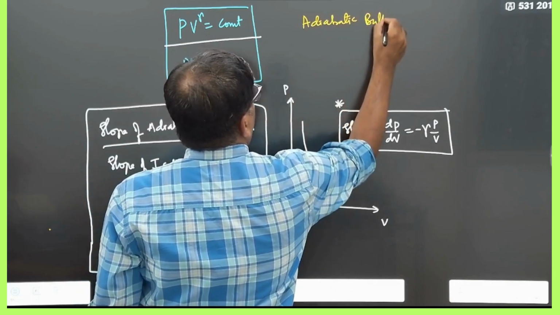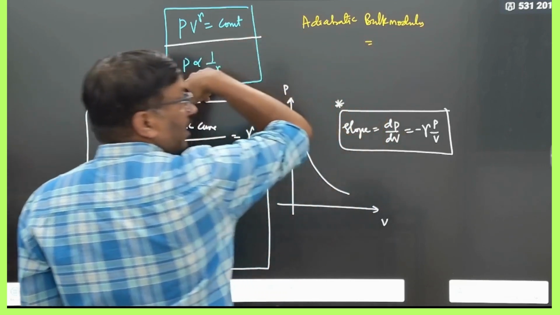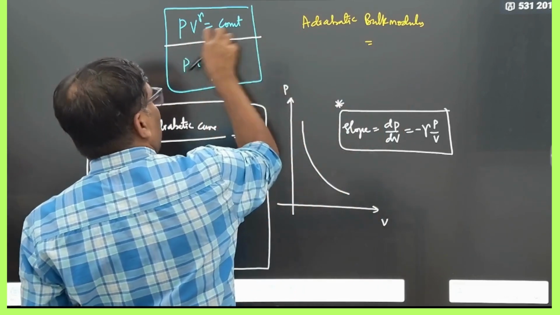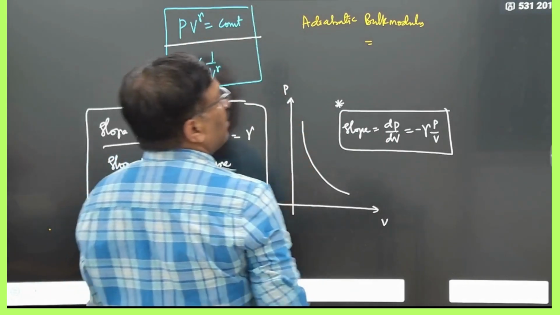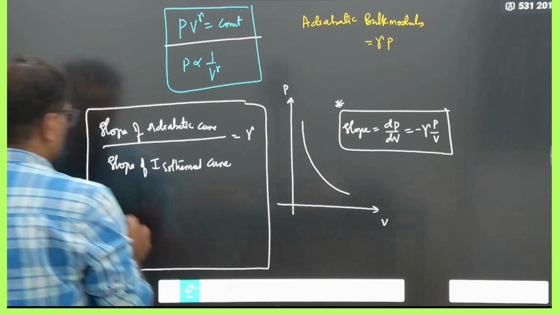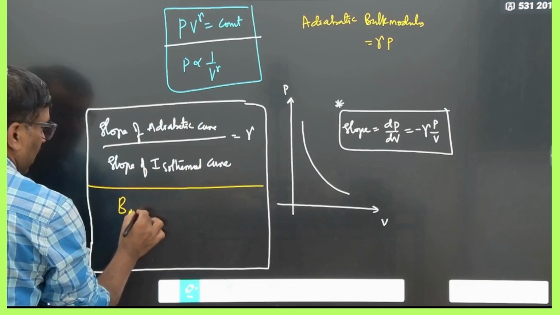bulk modulus. Just now I calculated this for the isothermal process in this video only. Please check it out. There, PV was constant. Therefore here it is PV to the power of gamma, exactly the same. Just simple mathematics, you can get it. So it is gamma into P. Therefore here also we can write one more equation, that is the bulk modulus adiabatic